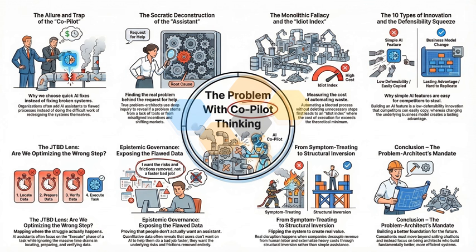To intercept a bad AI pitch, you need a precise diagnostic tool. This is the Structural Inversion Blueprint, a sequential 5-step framework designed to deconstruct the demand for a copilot and expose the underlying friction. Simply telling an executive that a chatbot won't fix their broken supply chain isn't enough. You have to engineer a structurally sound business replacement.